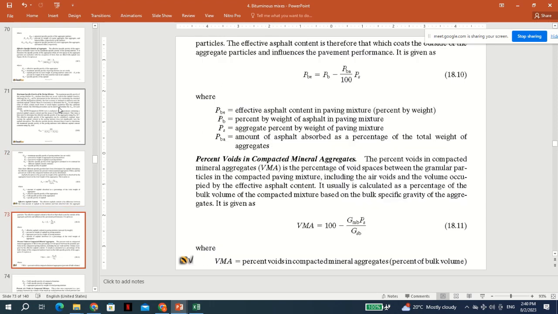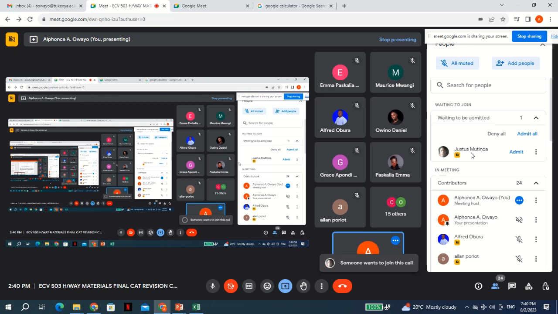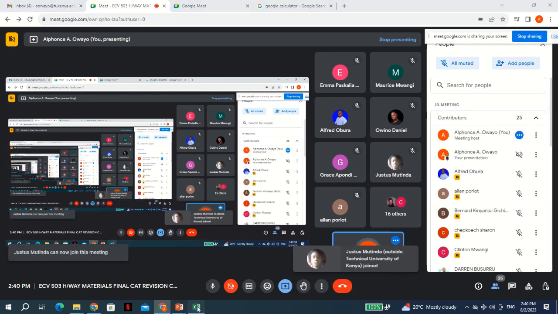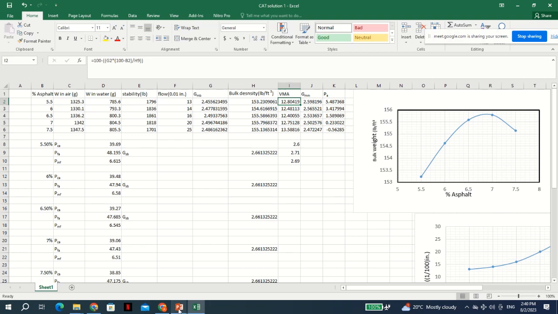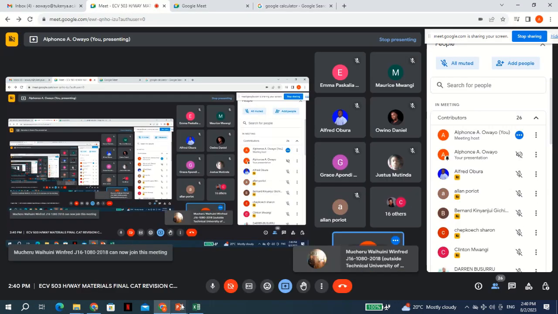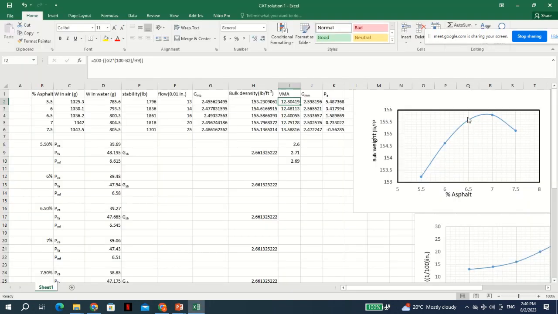Where is it? Okay, the formula for VMA is 100 minus GMB, we have percentages, and GSB now we also have. Again, like I said, you can calculate by hand, but Excel would make it easy. So now we